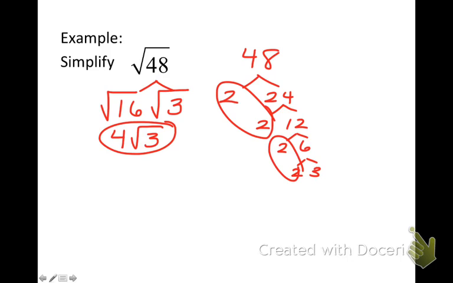Okay? Owen. If the 3 in the square root was a 9, then you would have 16 times 9. I know that wouldn't be the answer for 48, I'm just saying. So if it was 16 and 9 as your branches,